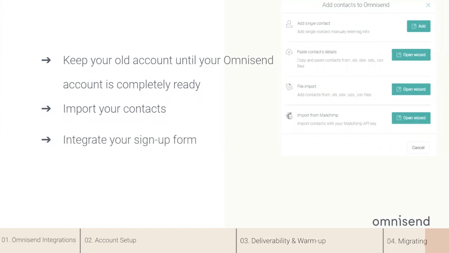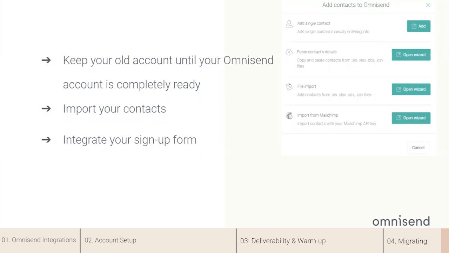And yeah, the next step is to integrate your sign-up form. So if you have an embedded form on your store, and if you have integrated with your previous email service provider, you will need to integrate that with Omnisend so we can actually get those contacts that sign up to Omnisend. We also have a lot of different sign-up forms that you can create with Omnisend. So if you go to the Forms tab, you will find pop-up, sign-up form, Wheel of Fortune, a landing page. We actually encourage you to create those with Omnisend and see if you can replace any of the existing ones with the Omnisend sign-up forms,